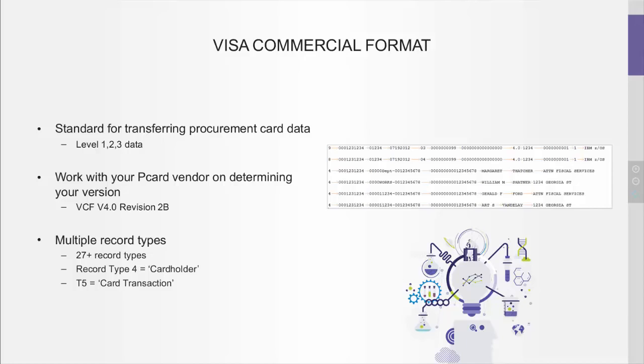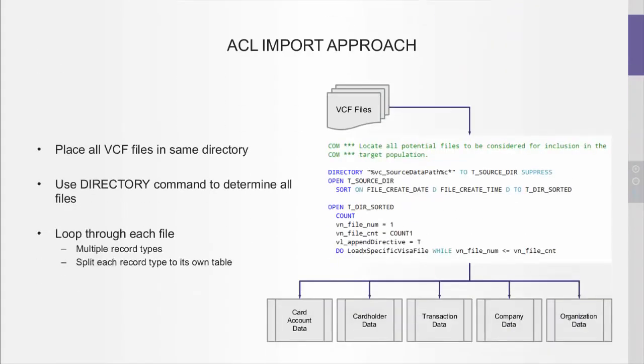So you'll notice, and I know it's really small on the screen here, that first column in that example picture of the data file on the right here has a number, and each number corresponds to a different record type, and whichever record type it is, whether it's a cardholder or transaction, you need to read that data in a different way. So for those of you on the line who use ACL Analytics, and for those who don't,